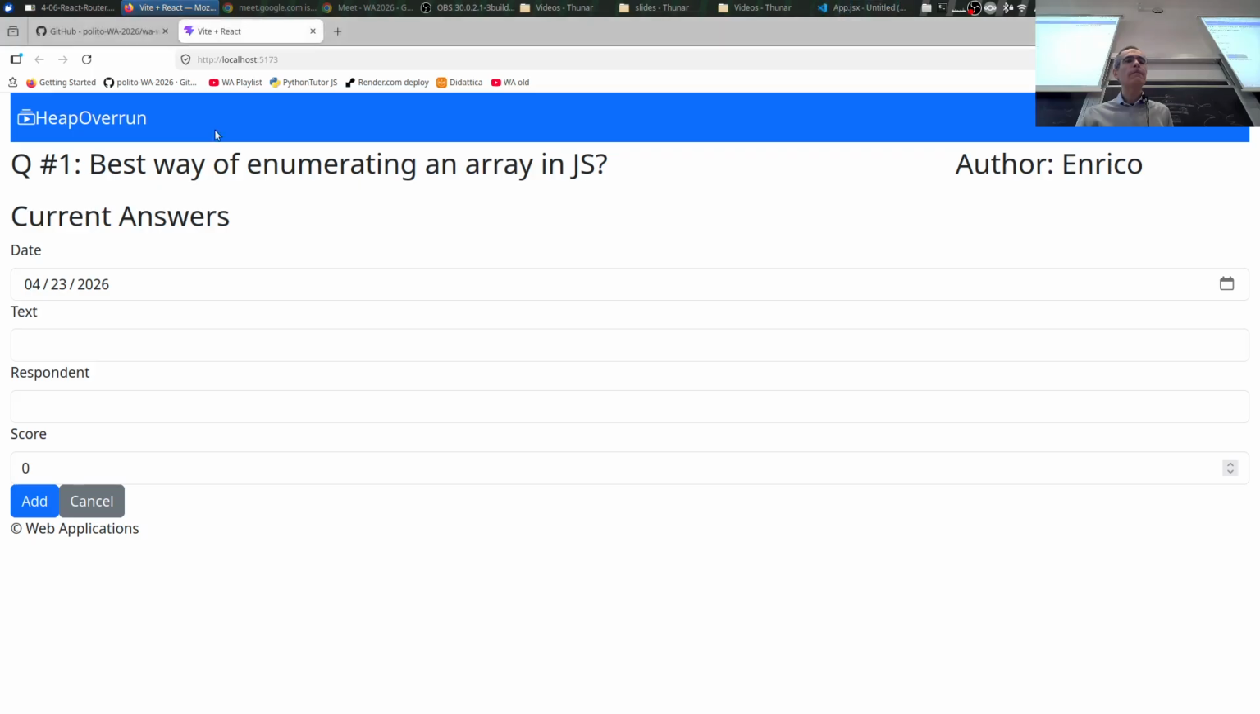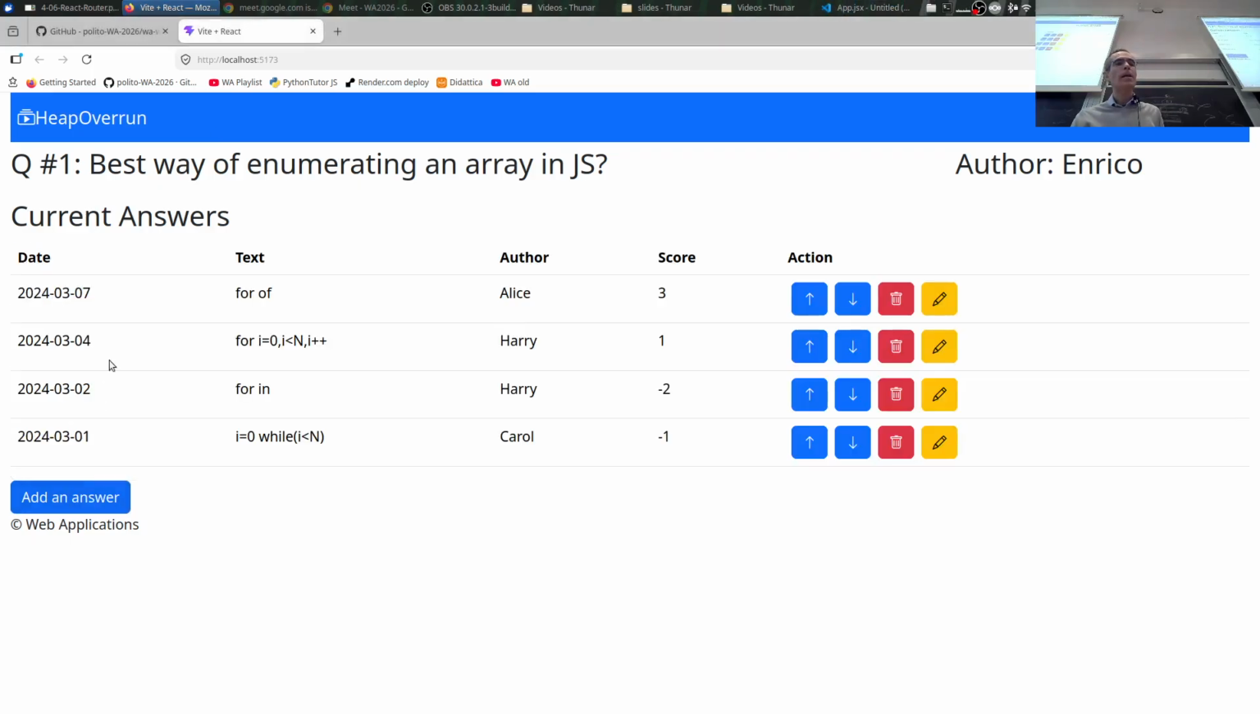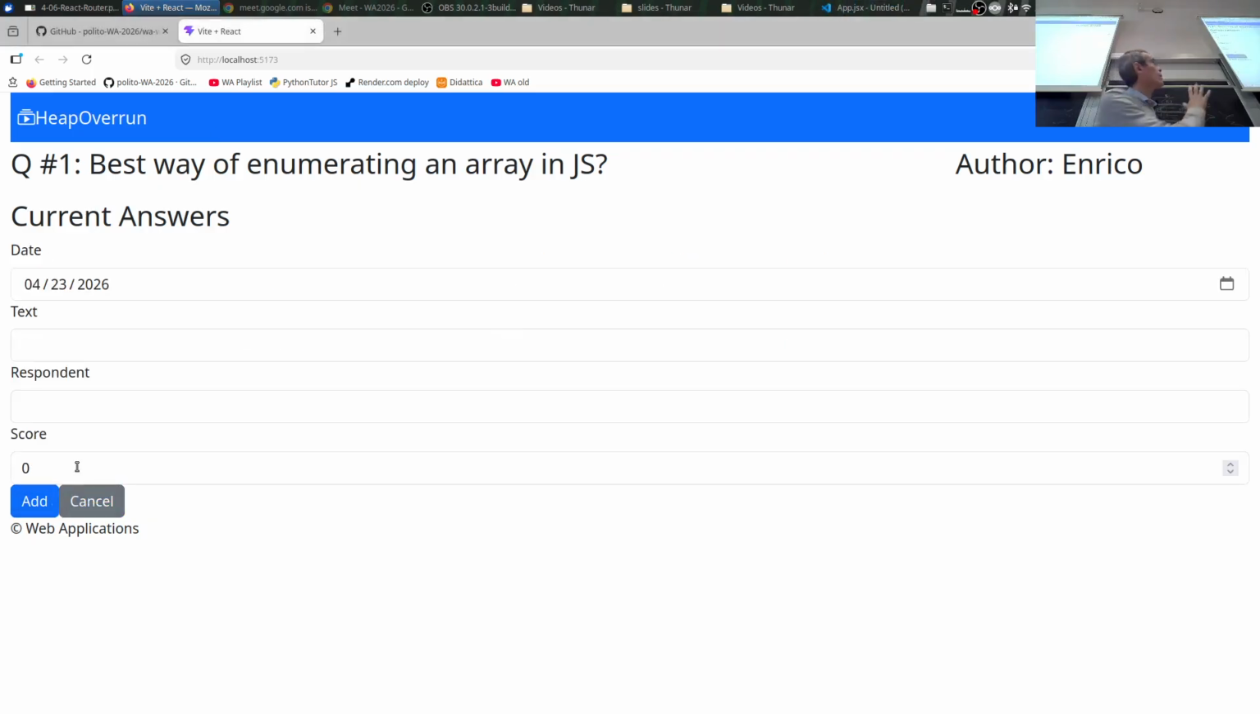So cancel. We go back, add the answer, and we see the view with the form. Okay, so we have a state inside the application that is this show form. That is the perfect candidate to become a new URL. Okay, /add